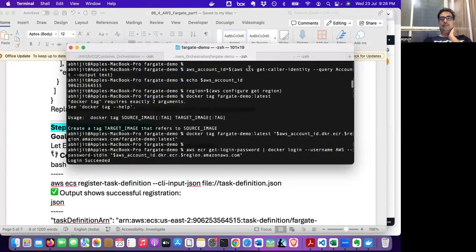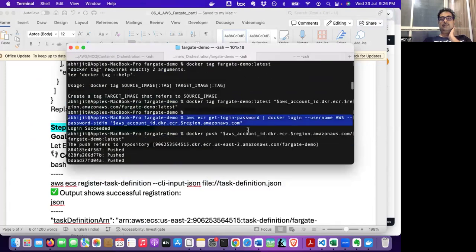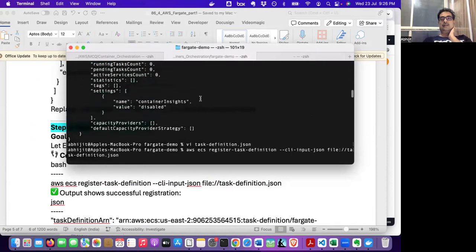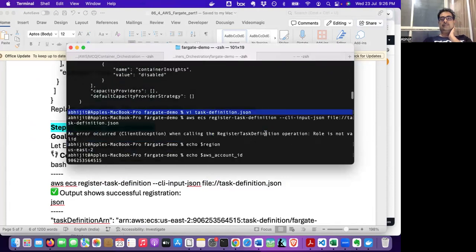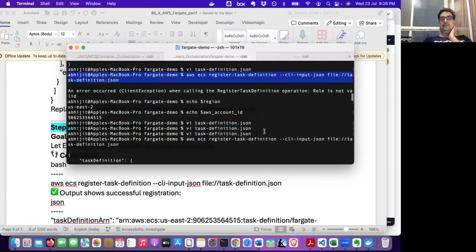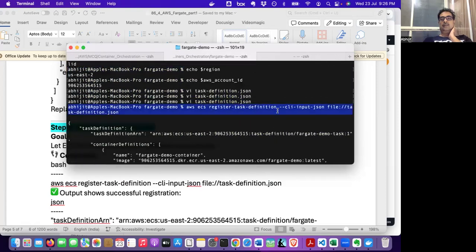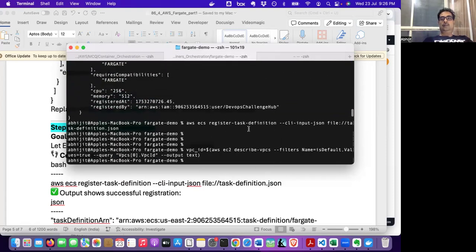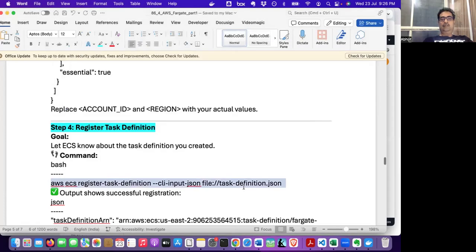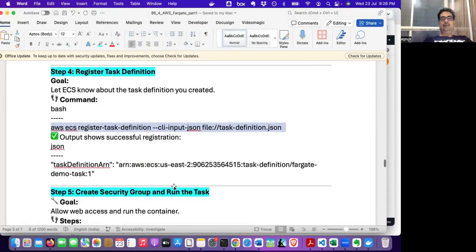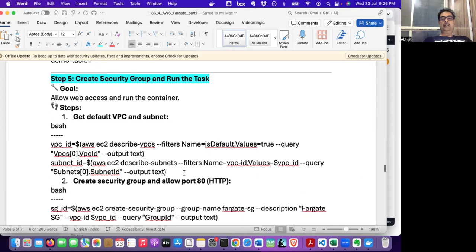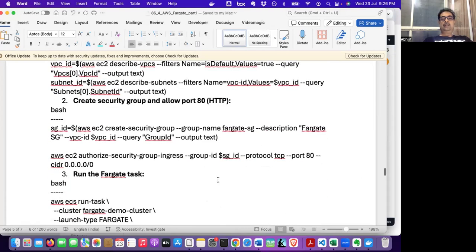Create repo. Then you are logging into the ECR. Then you are creating the cluster, then creating the task definition, and registering the task definition. Then what you're going to do is create a security group and run the task. So for the security group, you have to open port 80. So you have to create a security group and allow port 80, and then run the